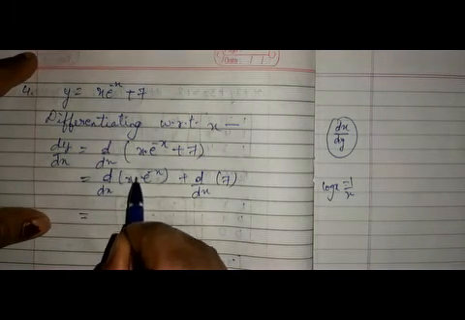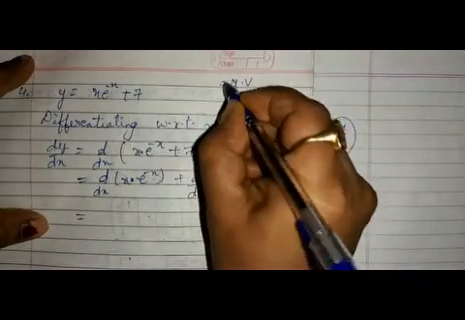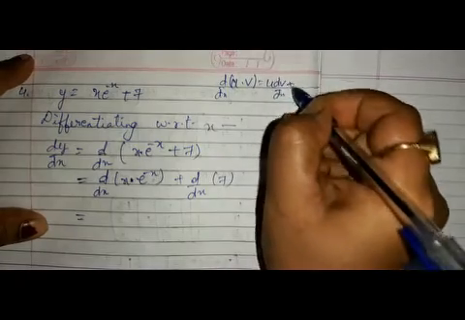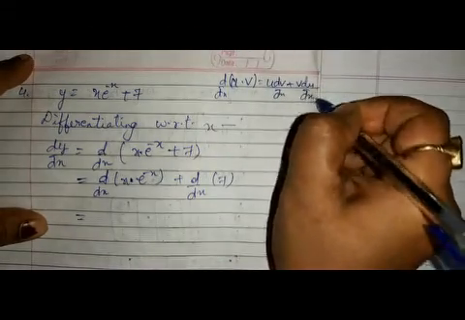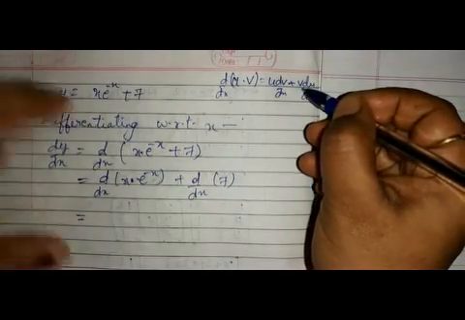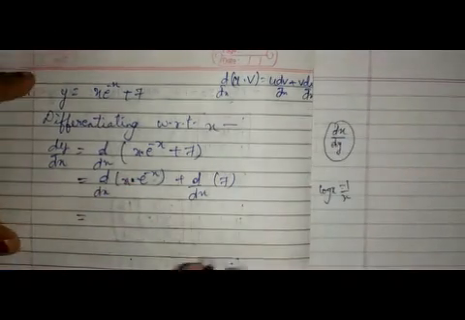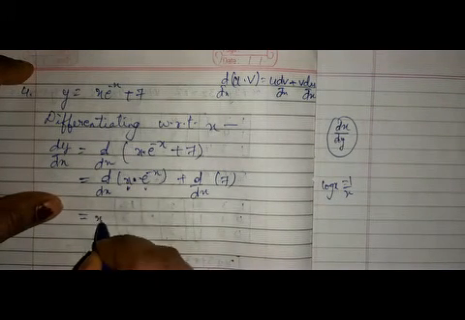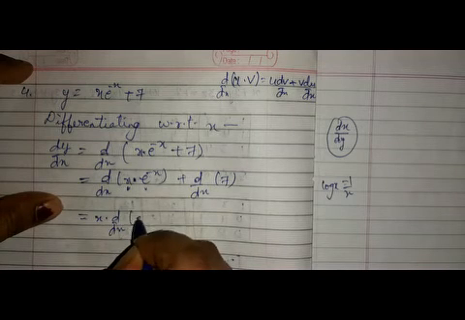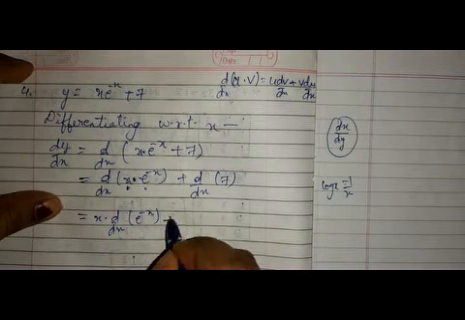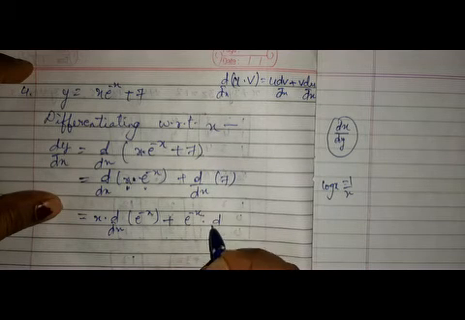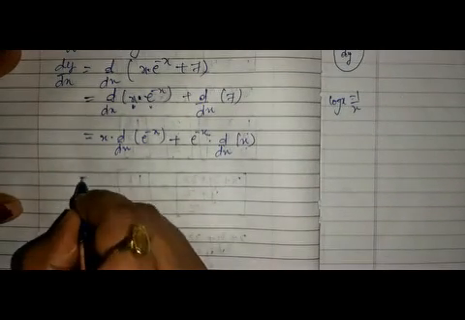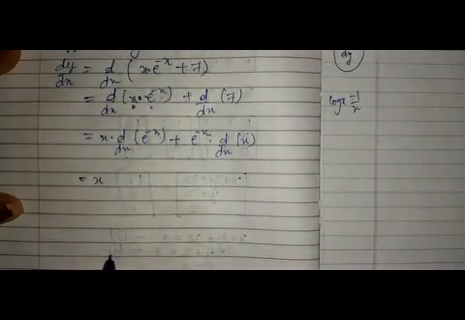Now see here, it is given in the form of u into v. So the derivative of u into v is u dv by dx plus v du by dx. Okay, this is the formula we have to apply here. This is u and v. So first we write u. So x into d by dx of e raised to minus x plus e raised to minus x into d by dx of x. Okay, we need not touch this, so we can copy it.